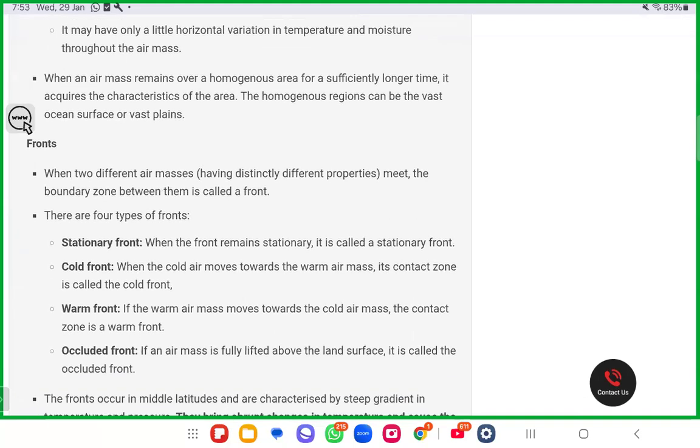Even I had never heard of the word front before, and I had not come across it in the textbook. But as I was preparing for the cyclones, I came to realize that front is a very important word. It may be asked as a 2 marks question. What you need to remember about tropical cyclones is the eye and the front, and also that winds blow from high pressure to low pressure, which is important as well.